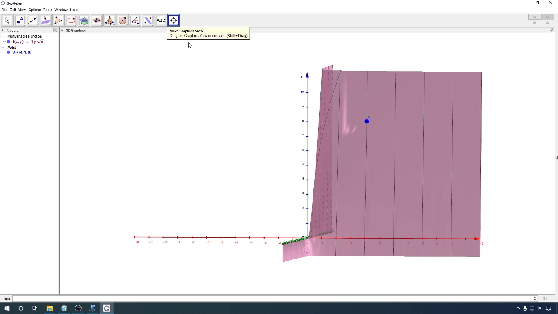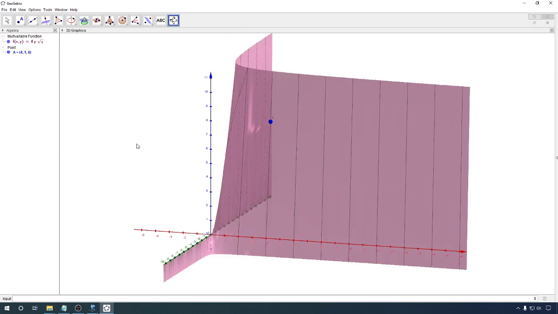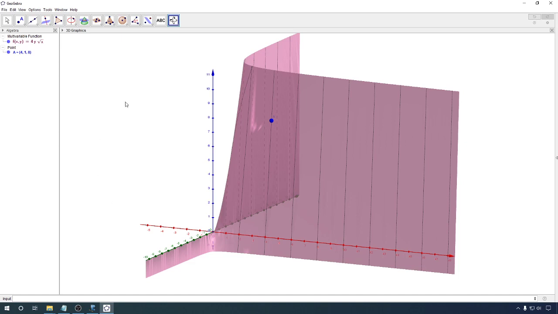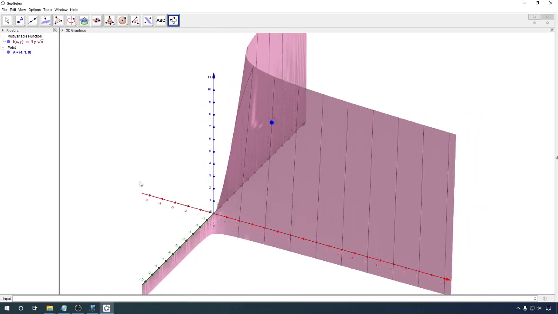Actually, let's go ahead and move this. Yeah, that's a little bit better. Don't have so much empty space visible over there. Okay, so if we want to go ahead and plot our directions,